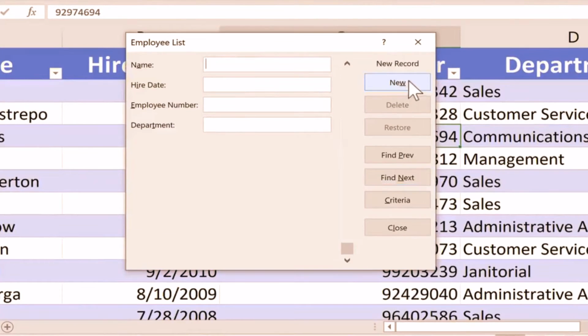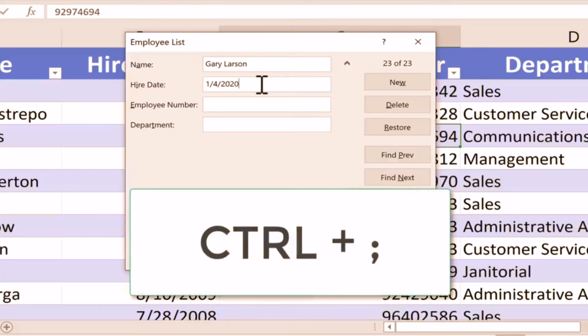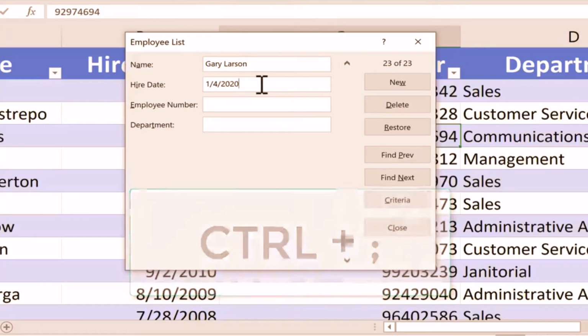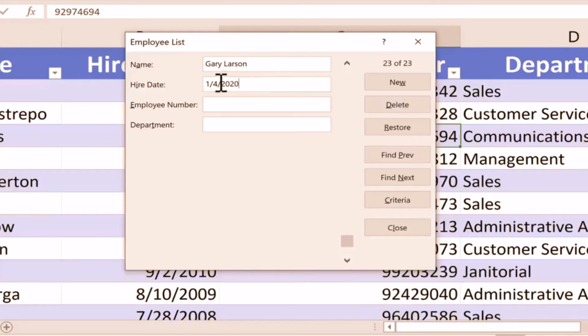I can click New. Notice it says New Record. I just click, and next to Name, I'll type the next employee's name. If I tap Tab, it does move to the next data entry cell. Hire date. Now you can just type that in the way you typically would, maybe with the day, then the month, then the year, or you can hold the Control key and tap semicolon, and that puts today's date into the form. In this case, Gary Larson was not hired today, so I will go ahead and change that to